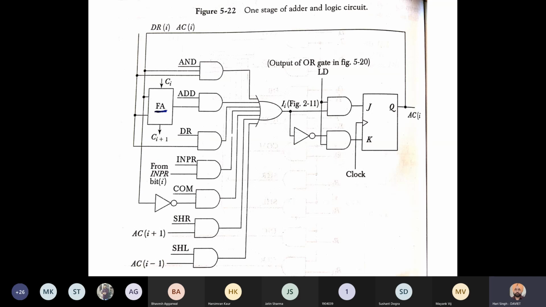For example, we have to perform an add operation. Addition is shown in this case. To perform the add operation, we need a full adder for each bit of the accumulator. Say this is the ith bit. It will receive the ith bit of the accumulator as input, and consider the second input from the ith bit of the DR register, and will give output. This output will go to the accumulator if this bit is 1. From where is it received?